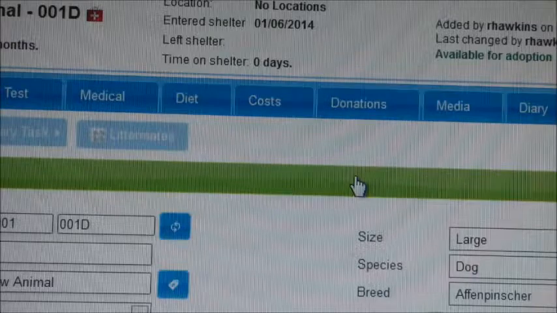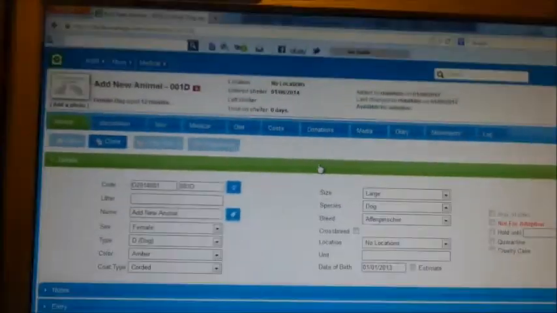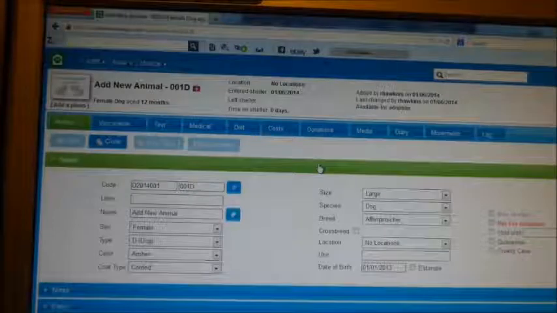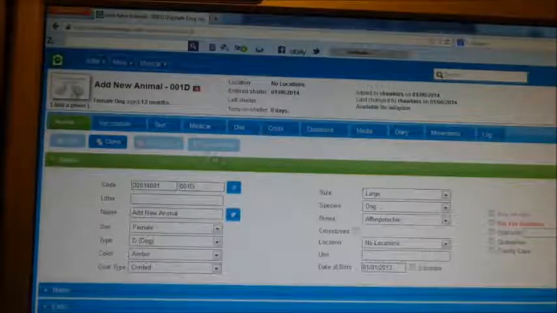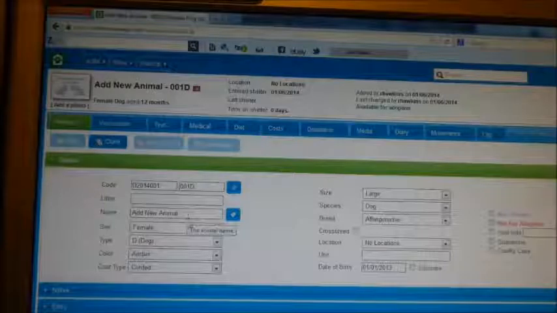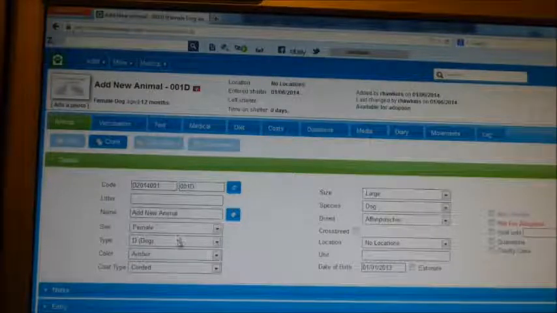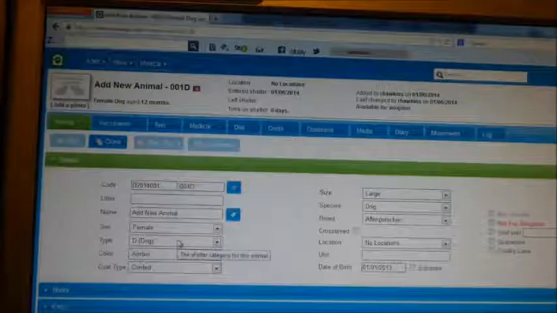And our next window then contains a lot of information. I'm going to zoom back out. And you can see in the upper left-hand corner, there's the animal name. Of course, this one is strange because we said Add New Animal. But you can see also that it's filled the following information. Down here it's given a code and an animal ID. It's auto-filled the name that we selected, shows it's a female, shows that it's a dog, and the color is the color of the coat,